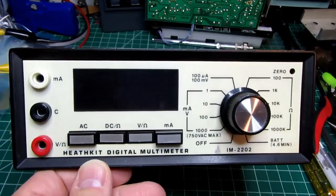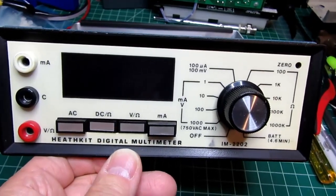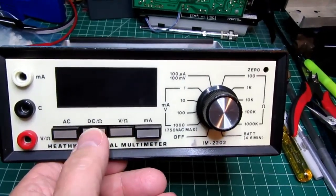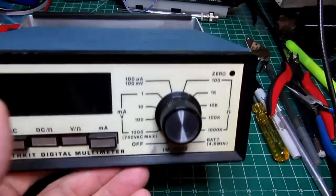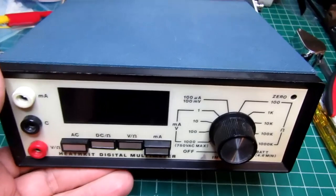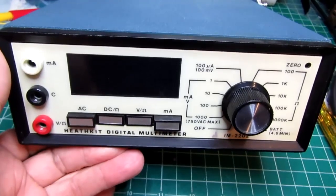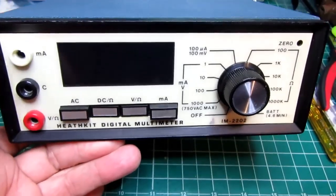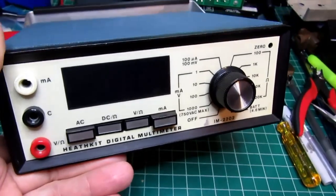As I'll talk about later, it's basically functional and calibratable, but these switches in particular have seen better days internally, and the selector switch here has some flaky positions that work sometimes and not other times, and it's really not practical to repair them. It's a hermetically sealed unit, and you can't spray contact lubricant into it, so I've exercised it a bunch and got it so at one point or another it'll work on every range, but for the